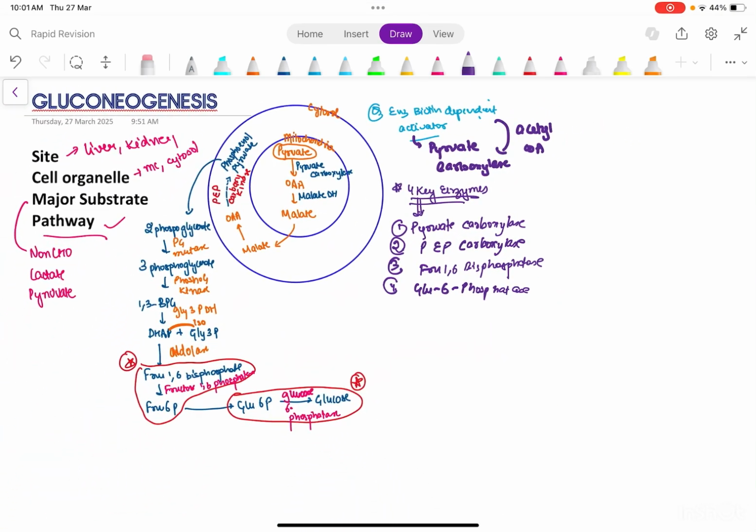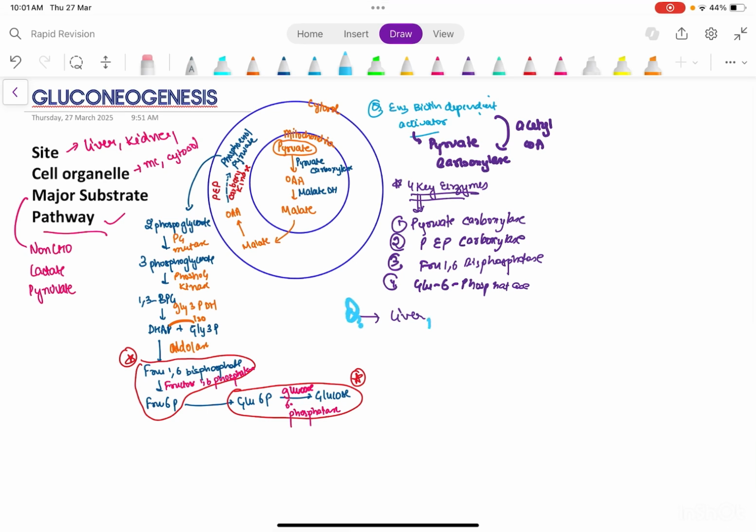Fine. So this is the pathway of gluconeogenesis, and they ask you why in liver and kidney gluconeogenesis is possible. So it is just possible because of the presence of the enzyme glucose 6-phosphatase. Okay,